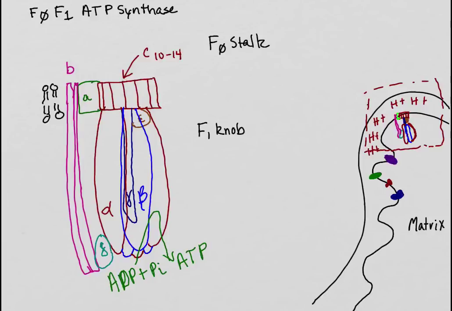So that's going to be made up of alpha 3, beta 3, gamma, epsilon, and delta. So that's all comprising that knob region there. And you can see the symbol font kind of designating that. Now, what happens is, remember our proton motive force here, all this pent up energy here in pumped protons that